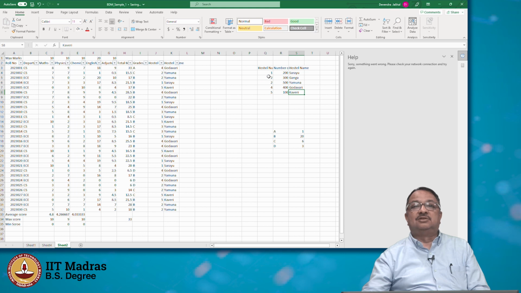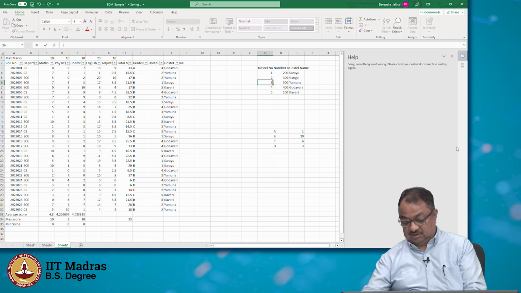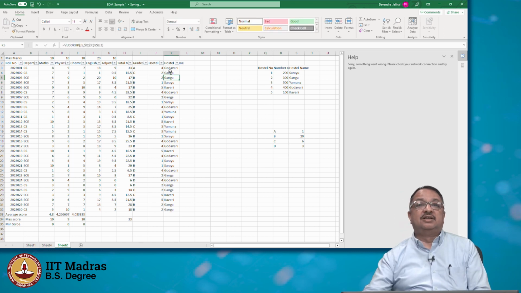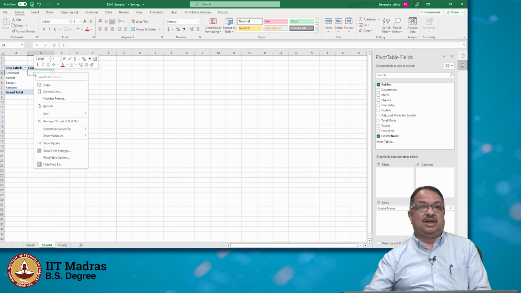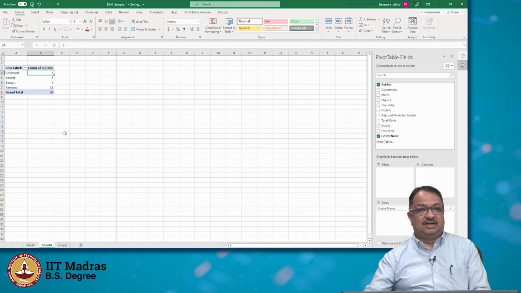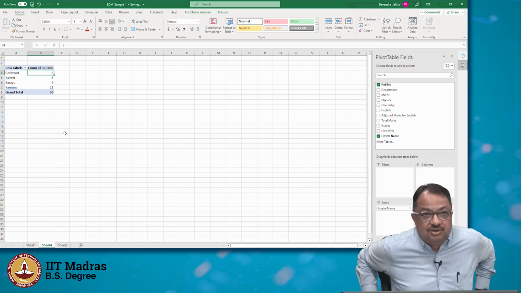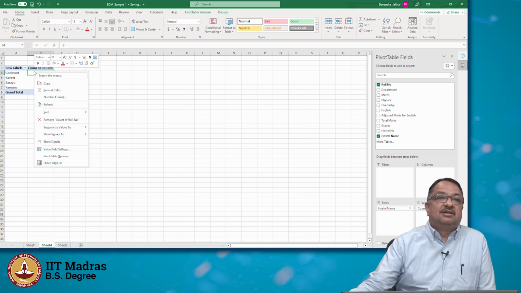Oh yeah, that is because we have messed around with this. So, let us redo this. Okay. So, now the data here is changed. The pivot table will not have changed. If the underlying data changes, the pivot table does not change automatically. What you need to do is go into the pivot table area, right click, and you will see an